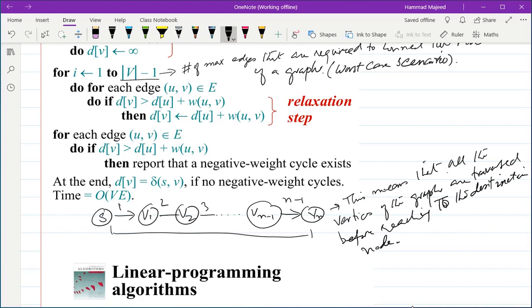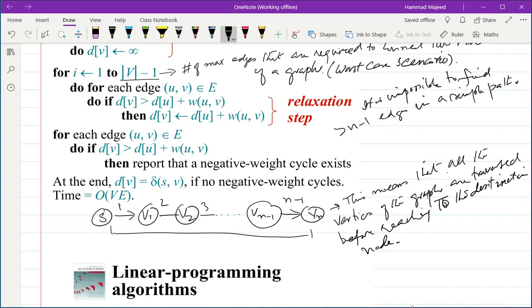Remember that we cannot have a situation in which we have more than n minus 1 edges in a simple path. We are talking about a simple path. It is impossible to find more than n minus 1 edges in a simple path. Remember that a simple path is the one in which we do not have any loop,